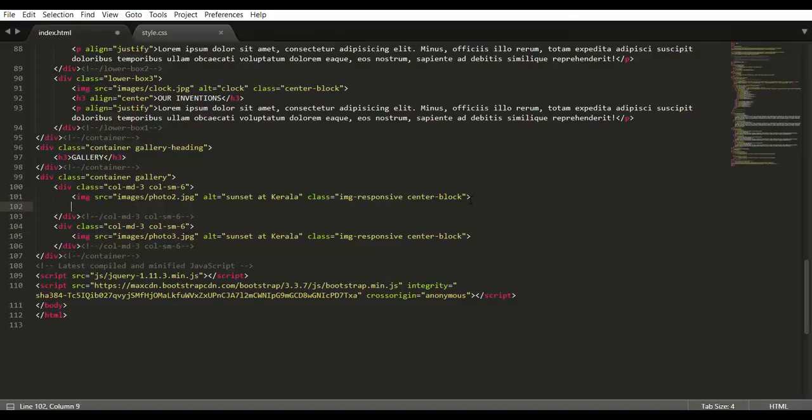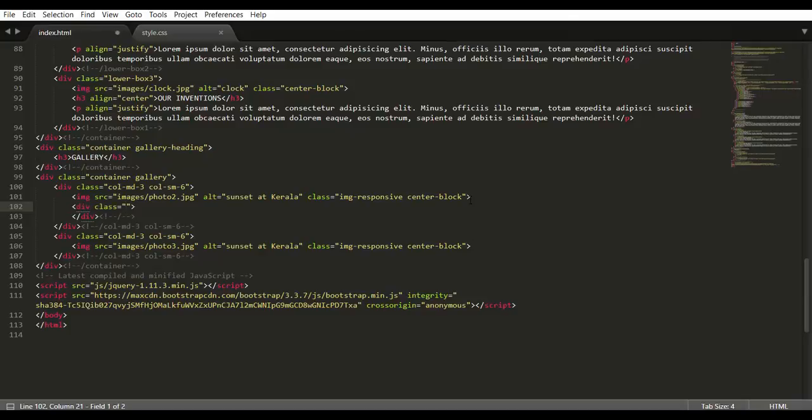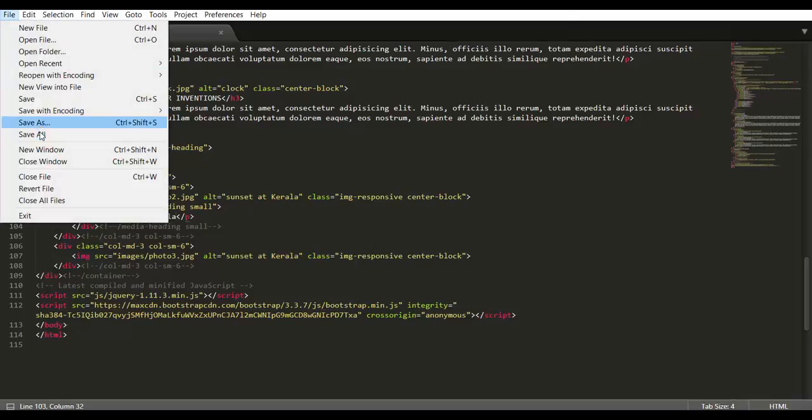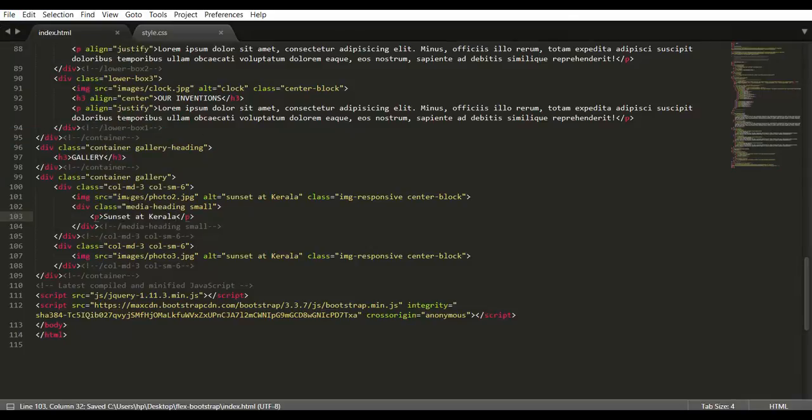For that let's use another div. We will say media heading, and we want the items to be small, so we'll say media heading small, and inside this let us give the description inside a paragraph. Inside this we will say sunset at Kerala. Come and save this, and this media heading small div, copy it again and come and paste it after